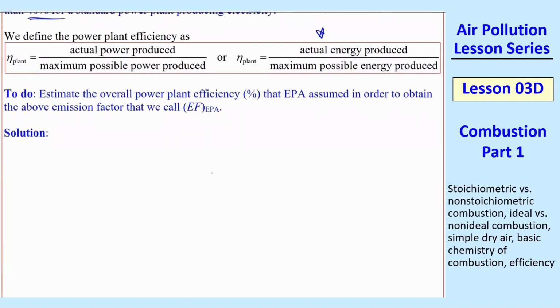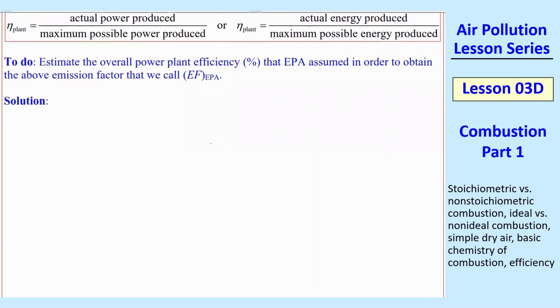And what we want to do now for this part is predict the overall power plant efficiency in percent that EPA assumed or measured. Actually, these are just measured values that were assumed in order to obtain this emission factor, which we'll call EF EPA. So I just want to find the efficiency that was used in the actual power plants that EPA used